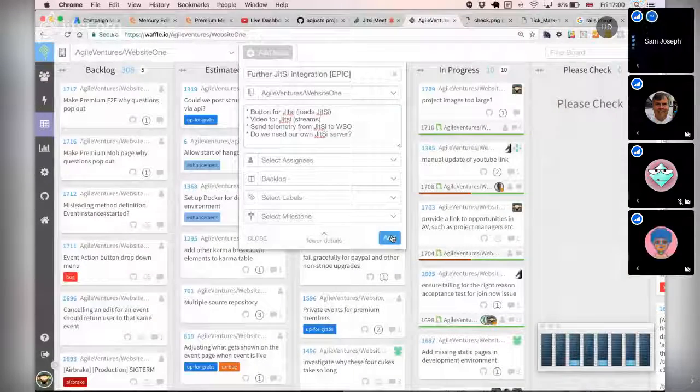Yeah, and basically it means that people can join a Jitsi session. Where we want to be is that there'll be a single button that they click, they join it, the fact that they're there gets notified, and people can see in the site who is there.